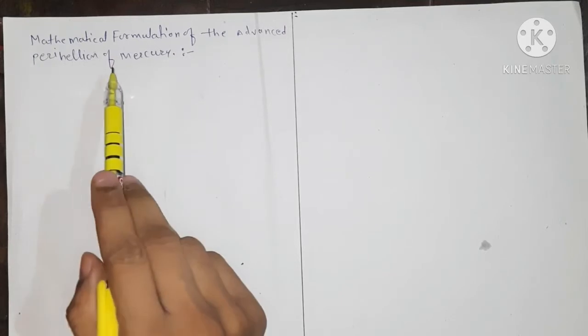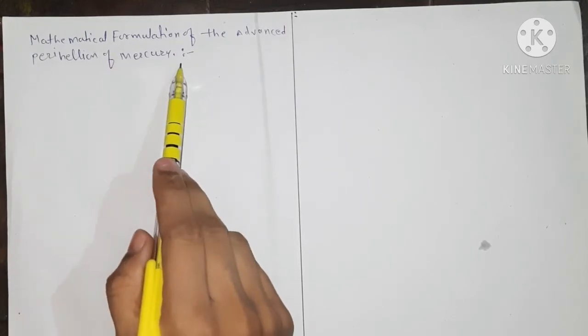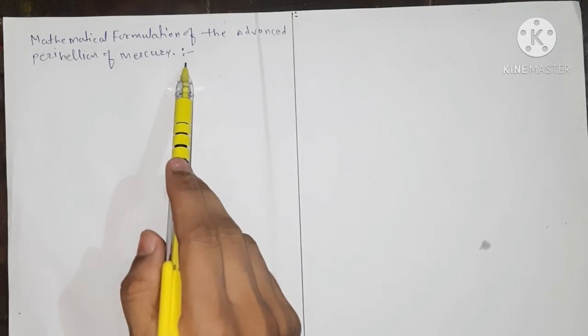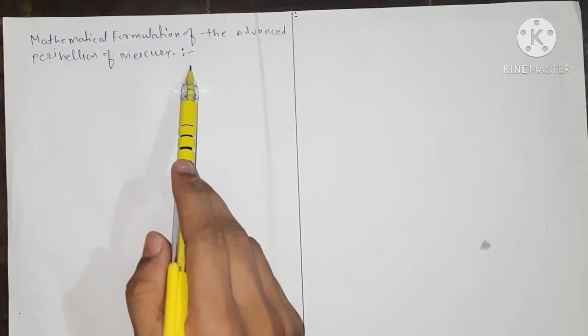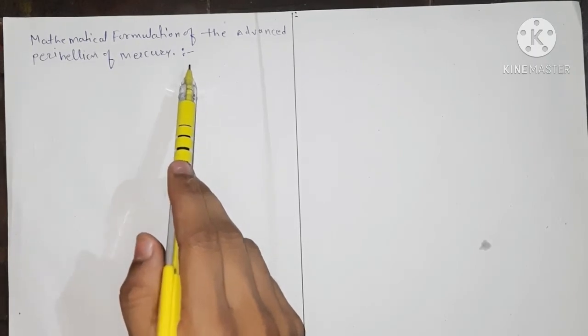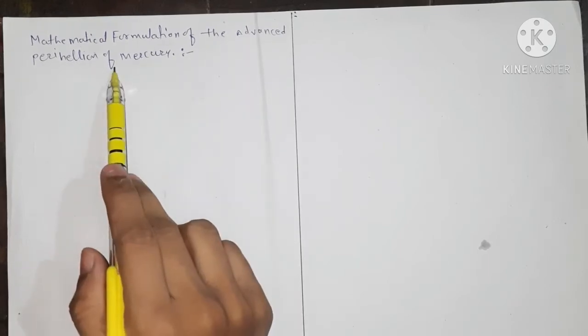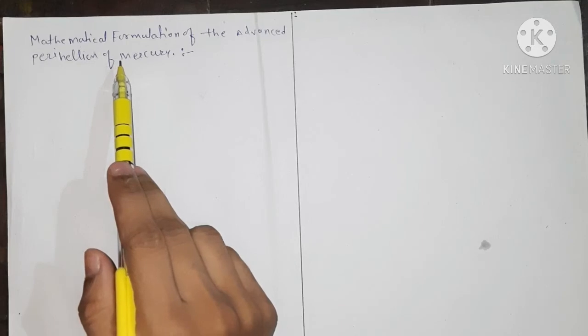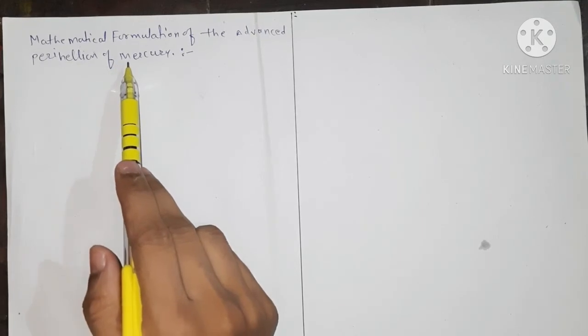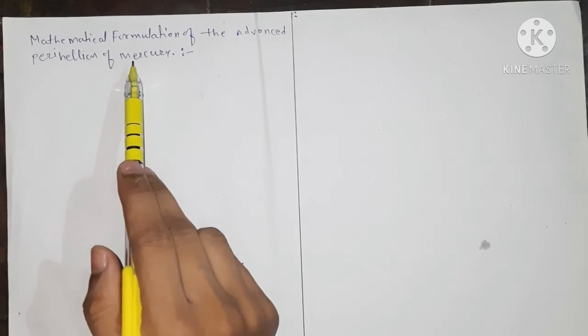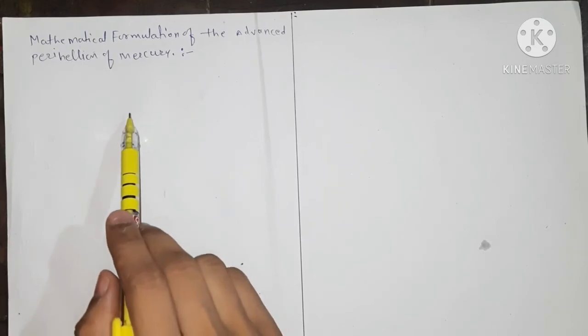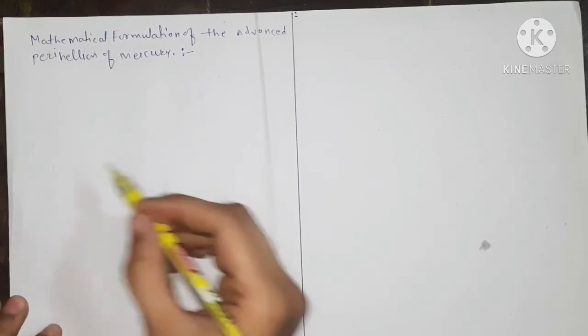The mathematical formulation of the advance of perihelion of Mercury, that is, we are proving it mathematically. So we require the equation of the elliptical orbit, which we define by using the equation of planetary orbit that we have seen in the previous lectures. And from this we require the change, because advance of perihelion means change in the elliptical orbit. So for that we require the disturbance, and the disturbance is taken by the perturbation theory. The perturbation theory means we take a small disturbance to derive the equation. Okay, so let's see the mathematical formulation.